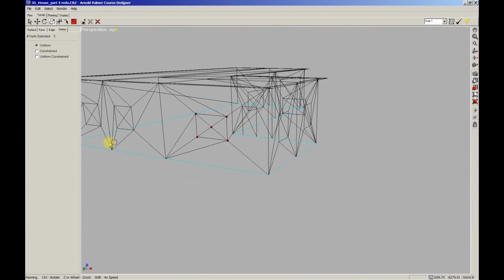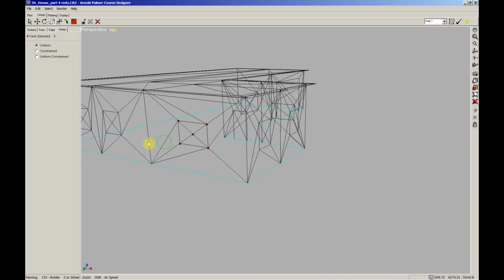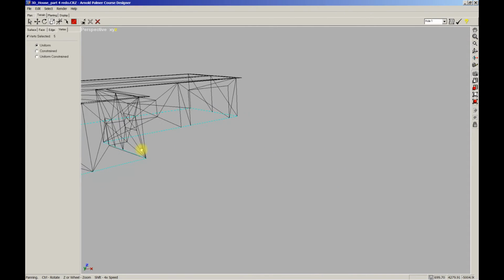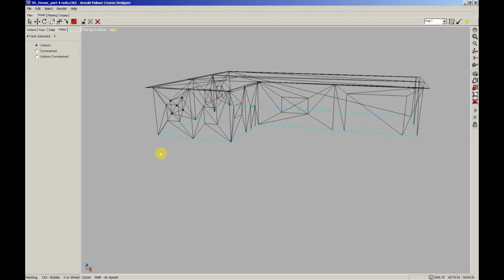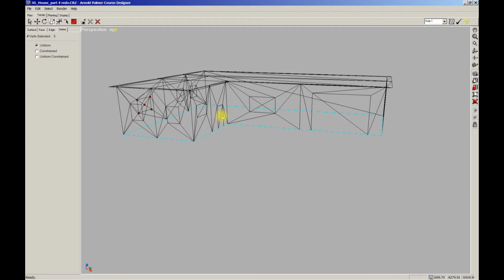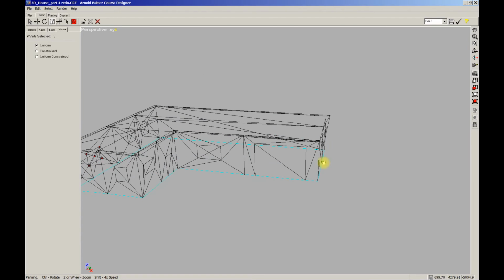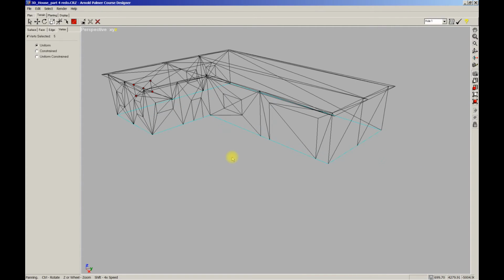Got 3 on this end, 2 right here on the front, 1 there, a man door, bay window, and the overhead door. That's it. Okay, we've just created all the openings for the overhead doors and the windows, and I'll be back